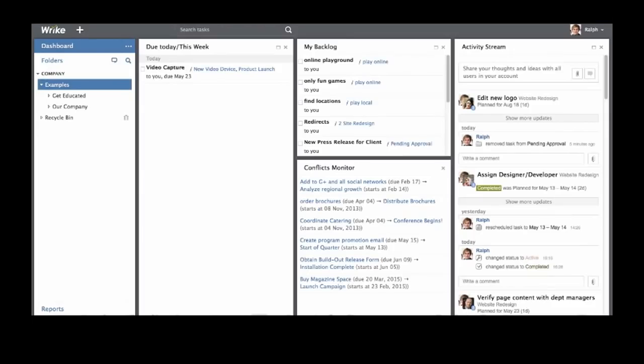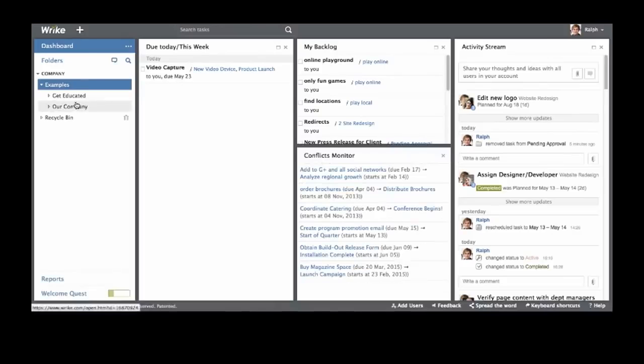You may be familiar with the idea that a folder equals a project. There is a bit more to them as well. We're going to take a look at two different examples of folders here, starting with our company. In this structure, I've broken out an entire company into different folders, and here we're using them more as organizational